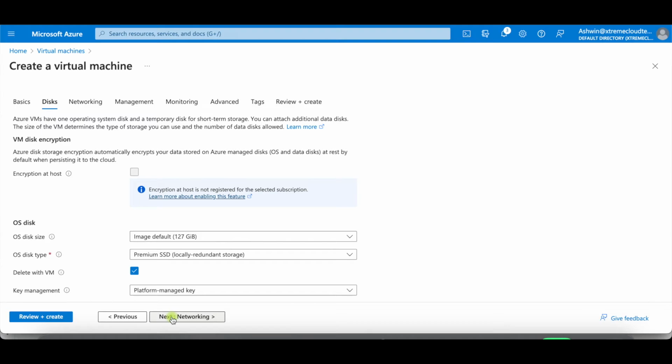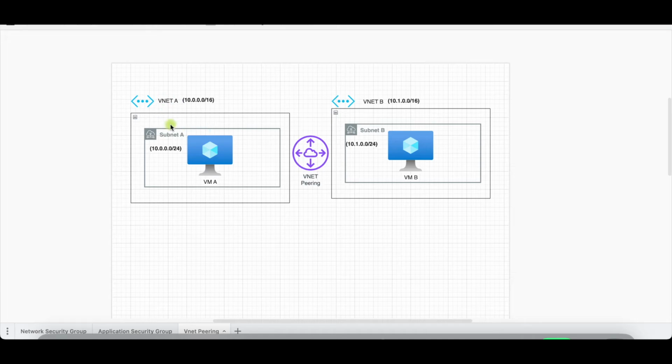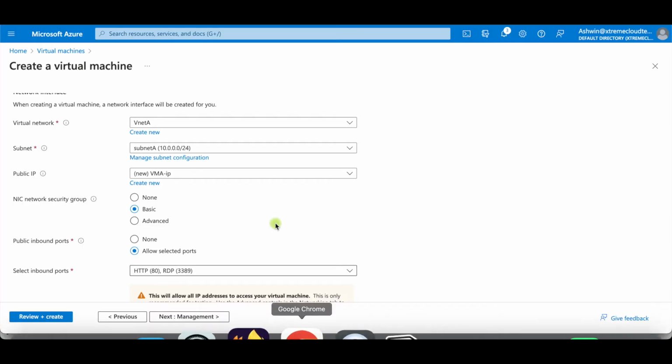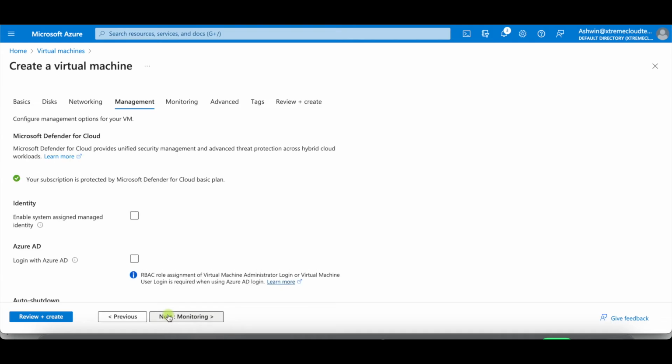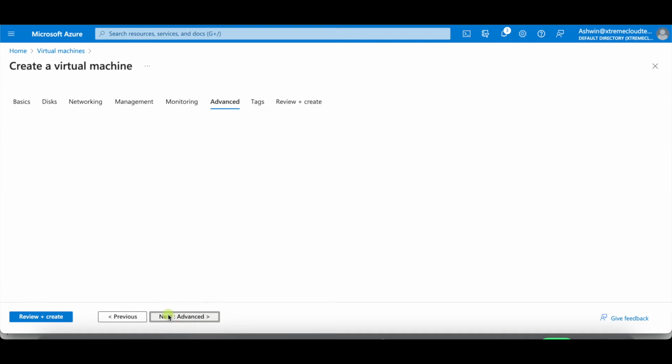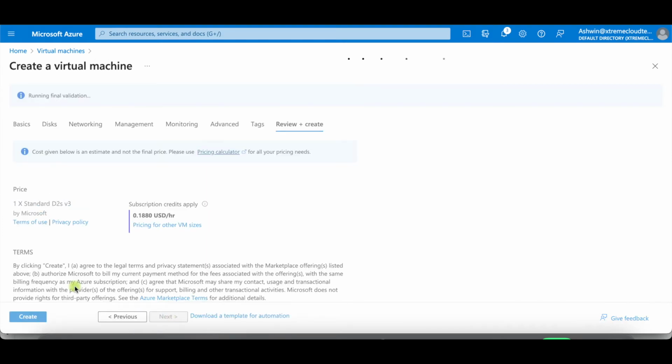Next, networking. In the networking part, you can see I'm placing this in virtual network A, which is this VNet A. Under subnet A, this VM would be there. We'll leave everything as is. We'll go next for management, monitoring, advanced, tags, review. And while this is being provisioned, what I'll do is open